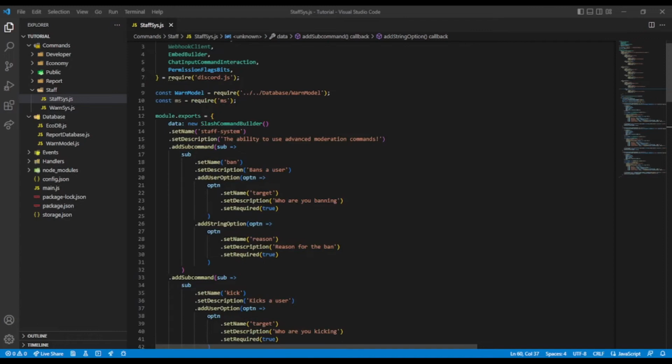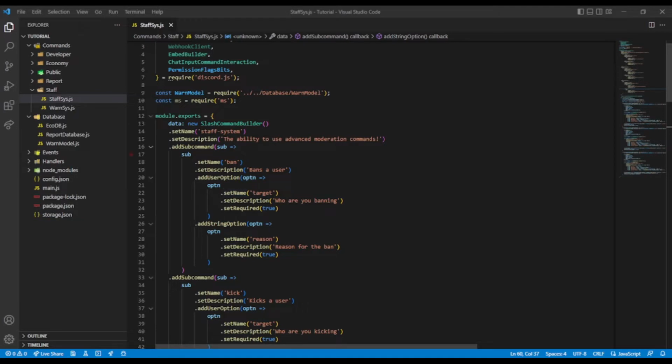In today's video we're going to be creating the next 3 commands for the advanced moderation system. That'll be unban, timeout, and purge. Unban means you unban someone from the server, you let them back in. Timeout means you put them on timeout, they're unable to join a voice chat and talk. And purge means you delete messages from a certain channel, or you delete it from a certain user within a